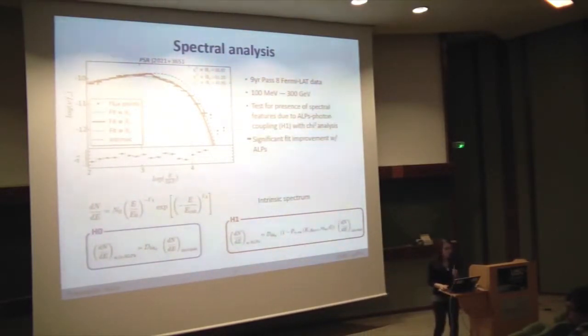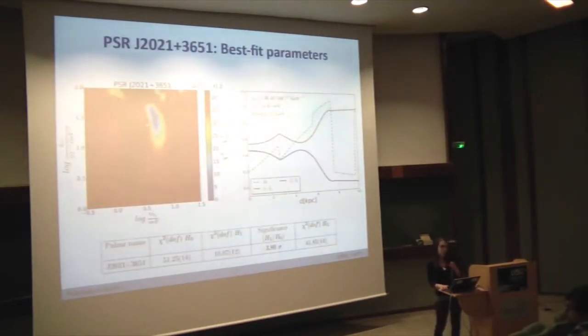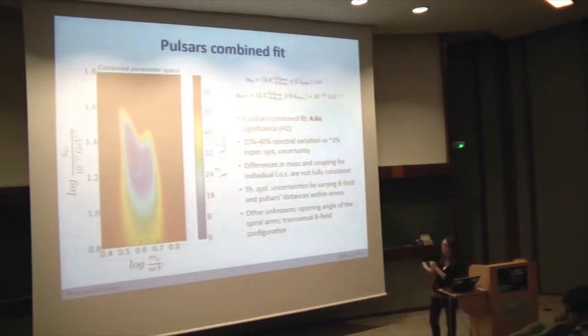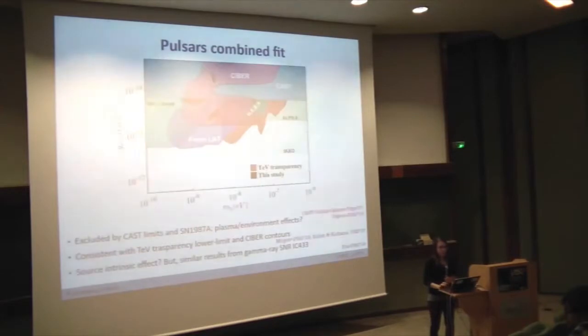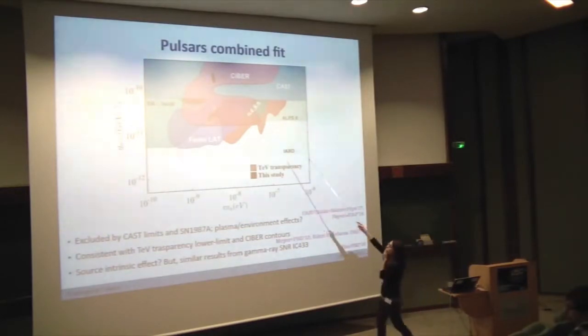And this occurs also for the other sources with less significance. So this is the source that gives you the highest significance. This is also the one that drives the global fit in this region of the parameter space. But what I was saying is that if you put things in context, this region is already excluded by